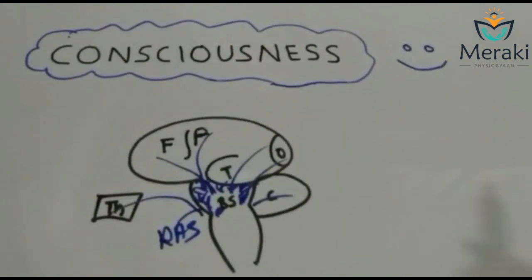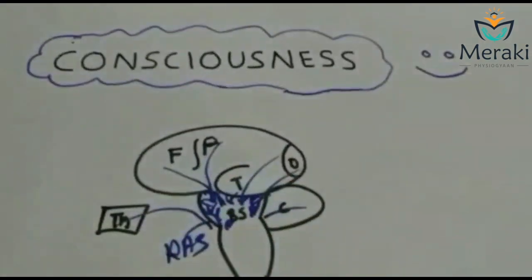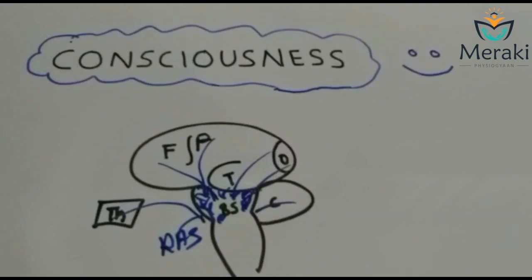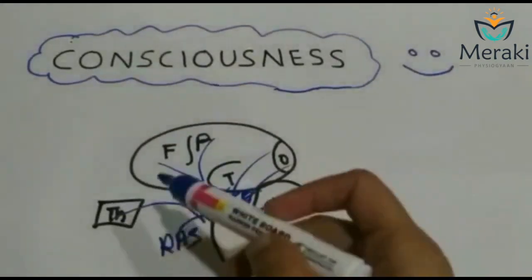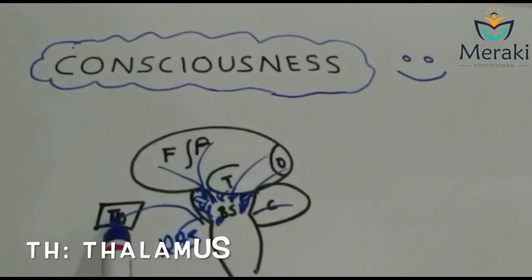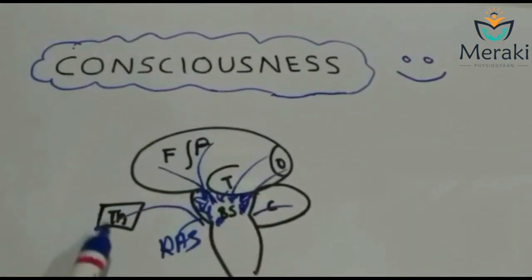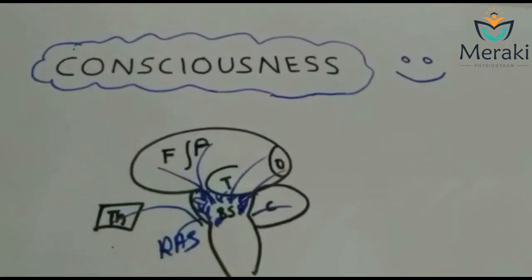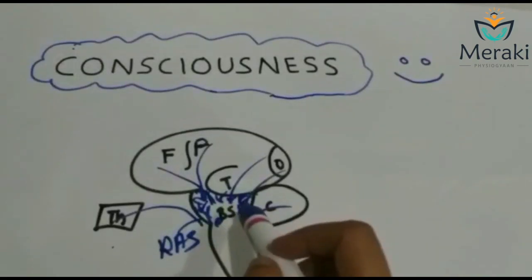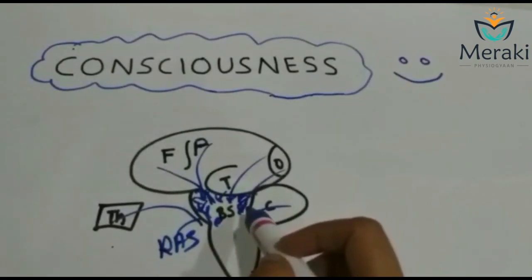But if you have a frontal lobe lesion, for example in stroke, you might not see too much effect on consciousness because all the other parts take over. But if you see the thalamus getting affected, the thalamus is responsible for your sleep-wake cycle, which will definitely have an impact on consciousness. But if it is the brainstem, for example a tumor or pontine hemorrhagic stroke, and we know that